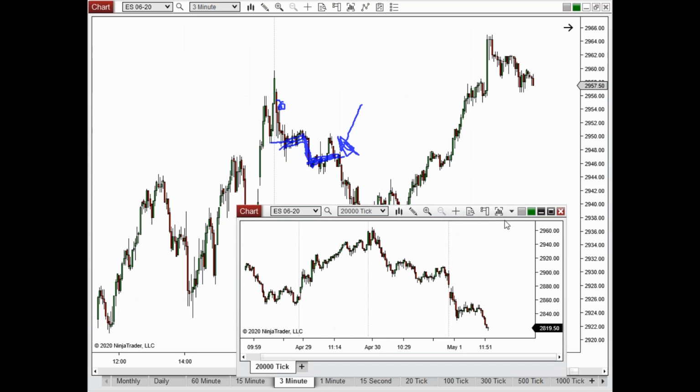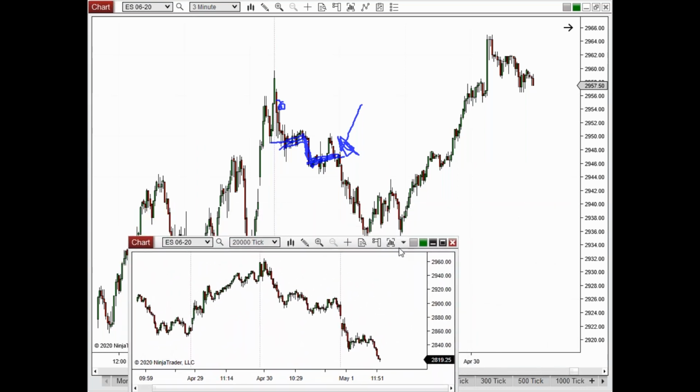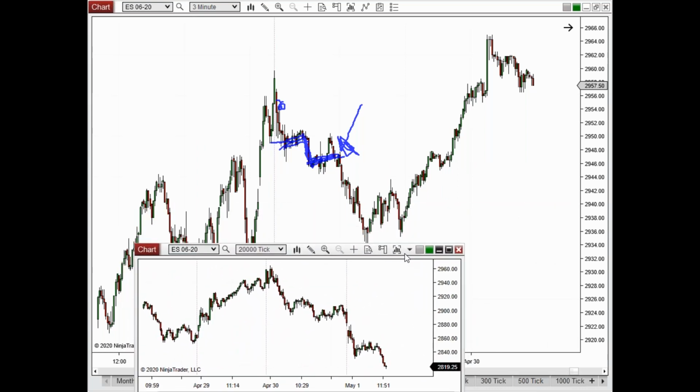So check this out. Look at that pattern there. So this move here, this is all happening basically right here on that 20,000 tick. So when we were doing League of Traders Live yesterday, what we were looking for was